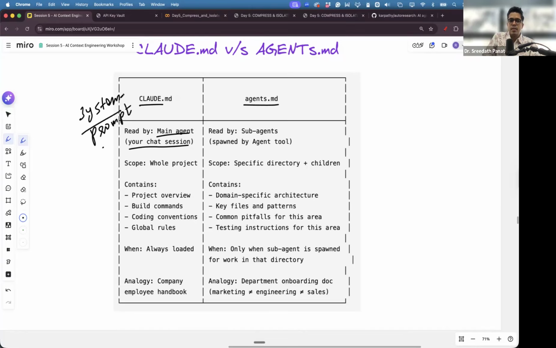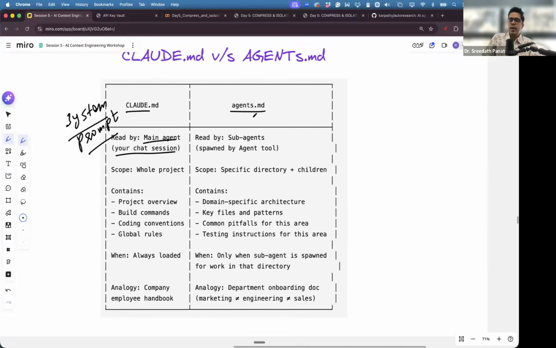And these parts of Claude.md will always be used irrespective of what API call you are making within that project, whether it's a sub-agent level API call, a root agent level API call, or not even an orchestrator API call. At all levels, the parts of Claude.md which are part of the system prompt will be used. Agents.md at the root level